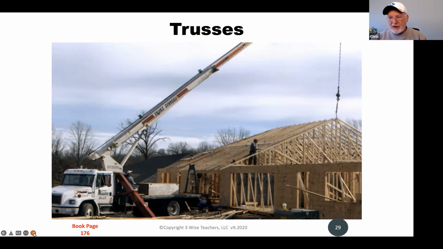And actually triangles are one of the strongest engineering structures. And oftentimes you'll see metal plates joining together at certain joints to create a very, very strong structure. These are pre-manufactured, and it's kind of fun when you're watching a house being built and they talk about swinging the trusses.